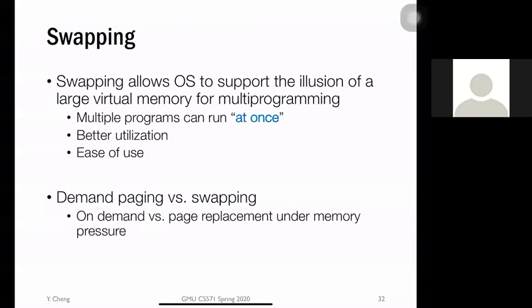Swapping basically allows the operating system to support this fundamental concept of memory virtualization, where it creates this illusion of a large virtual memory, which is effective of supporting multi-programming, so that multiple programs can run at the same time, at once. And it improves better resource utilization, and at the same time, it creates this memory virtualization, where